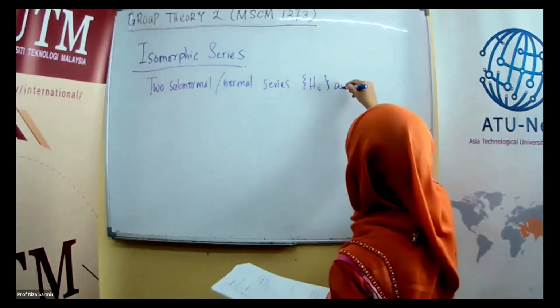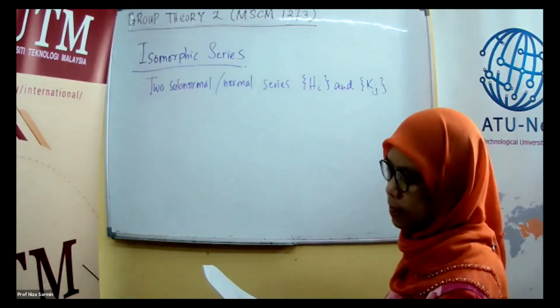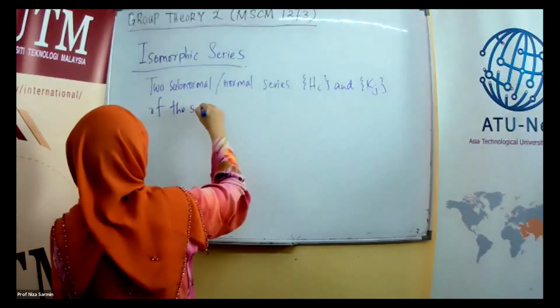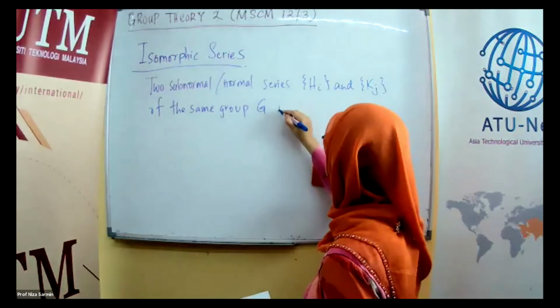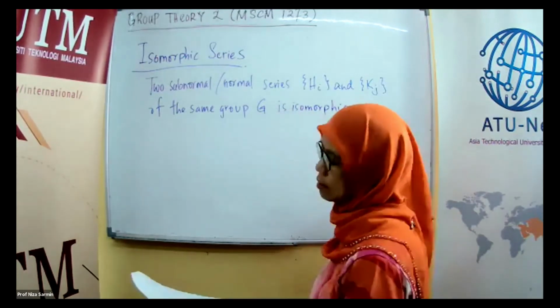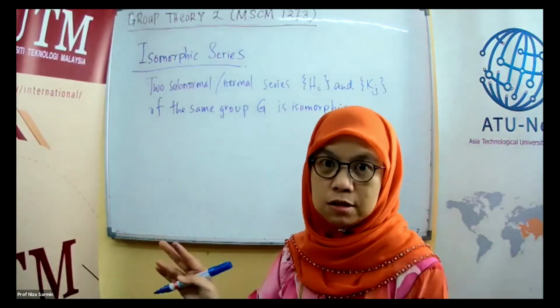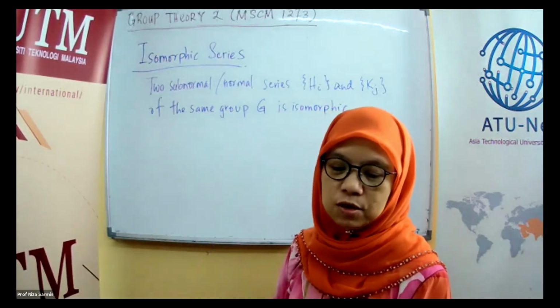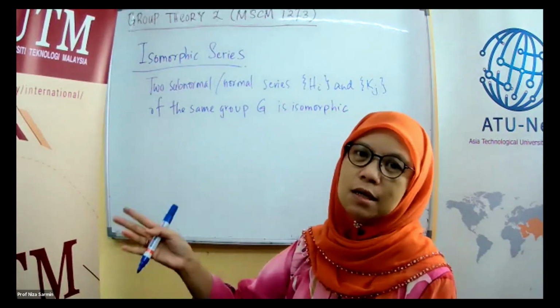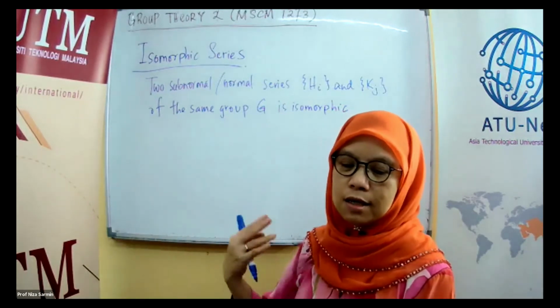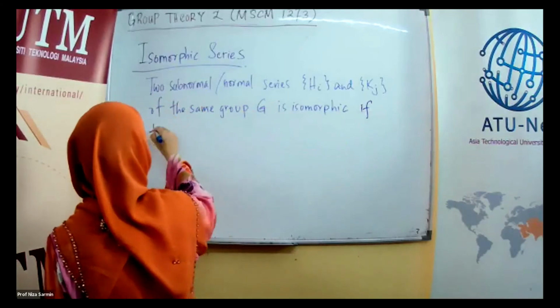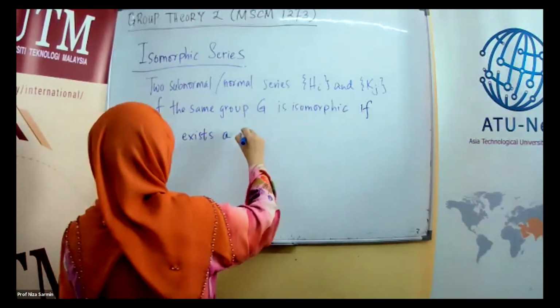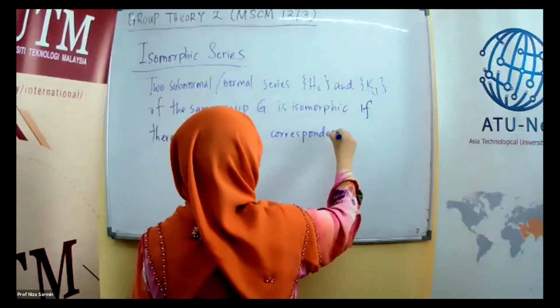H_i and K_j of the same group G is isomorphic if there exists a one-to-one correspondence between this collection of the factor groups. Okay, not H to K, but the quotients H_{i+1} to H_i and K_{j+1} to K_j. Okay, if there exists a one-to-one correspondence